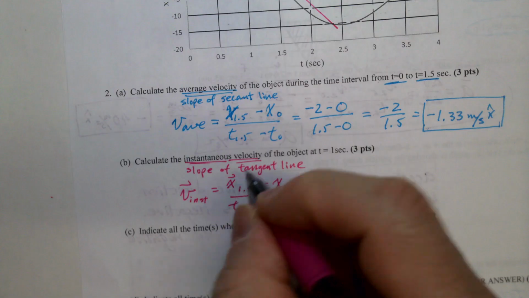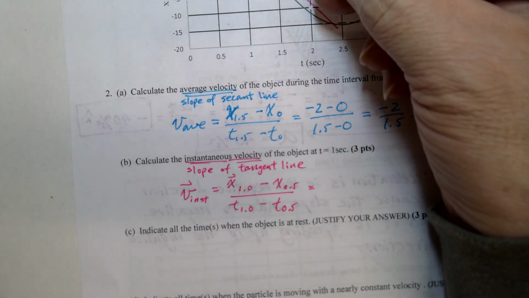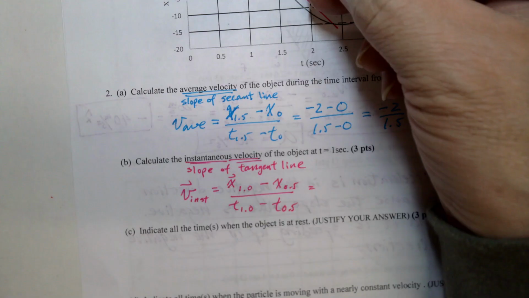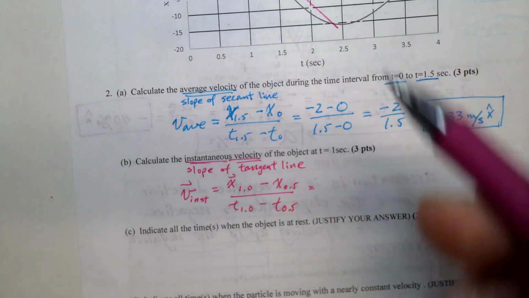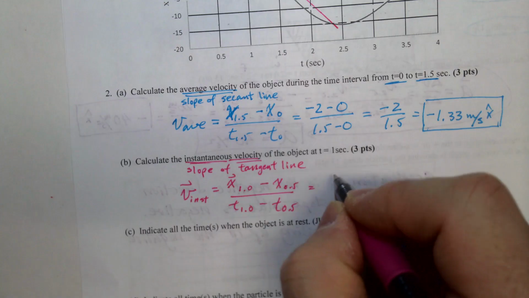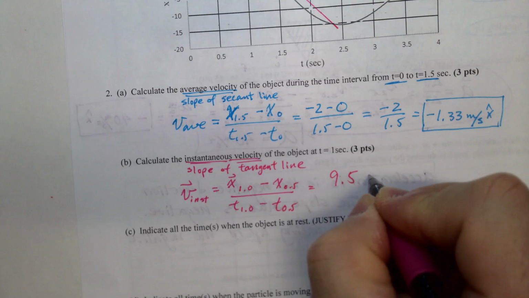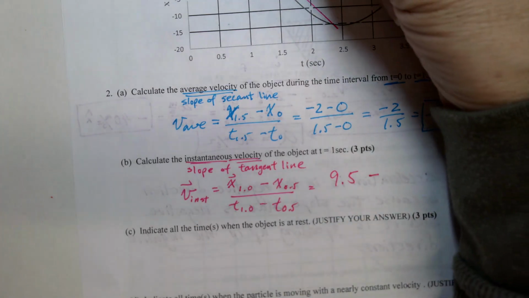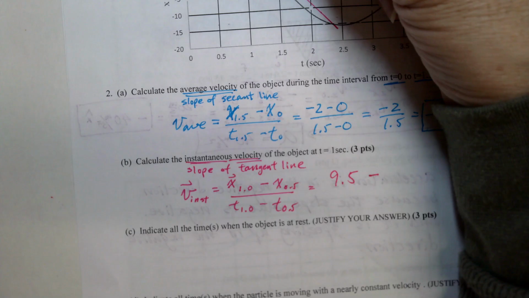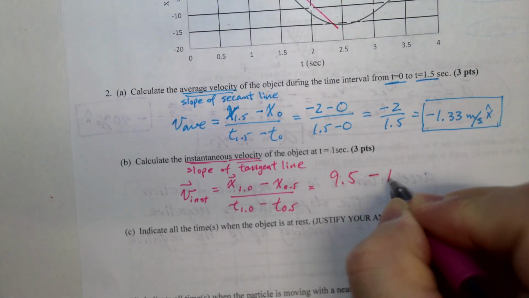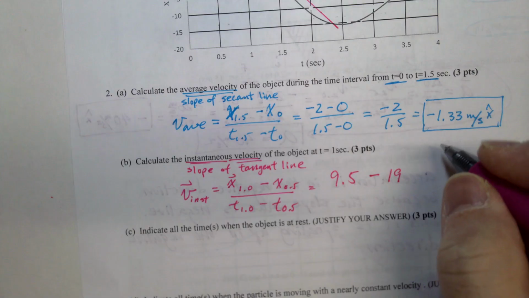So X at 1.0 seconds, it looks like 9.5, almost 10, right? So I'm just going to make it 9.5 minus, here, that looks a little less than 20. I'm going to say 19, right? 19,